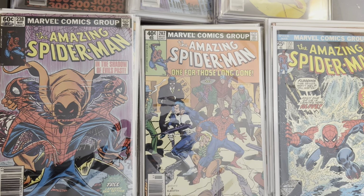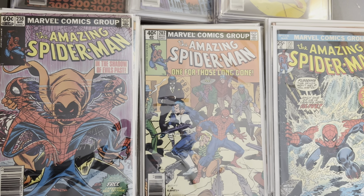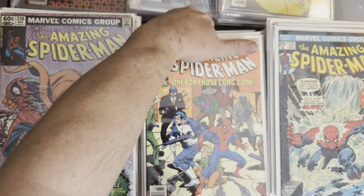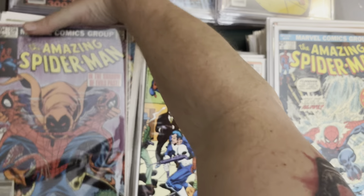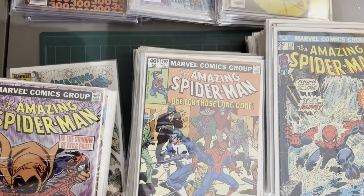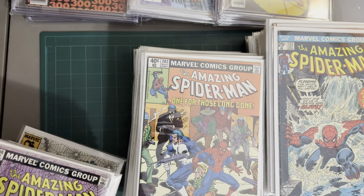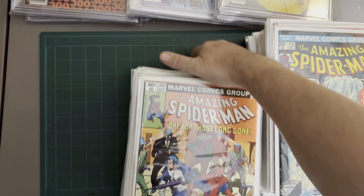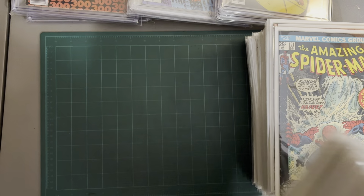So with that, I'm going to try to keep this fairly brief, and we're going to fly through a bunch of these books. I'm going to move them over to the other table, and then while I do that, we'll start going through them. And first off, we're going to do